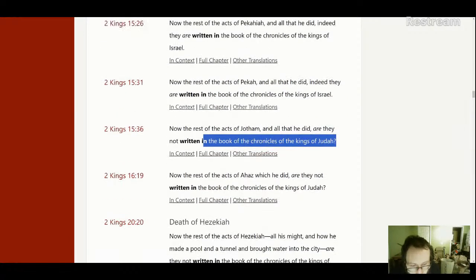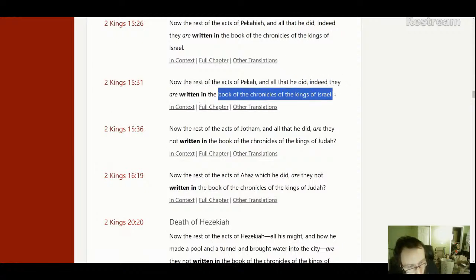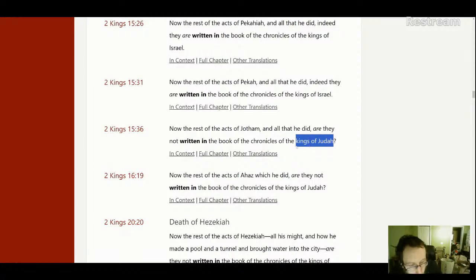But that leaves a question. If the book of the Chronicles of the Kings of Judah is 1st and 2nd Chronicles, and if the book of the Chronicles of the Kings of Israel and Judah is 1st and 2nd Kings, what is the book of the Chronicles of the Kings of Israel? I believe, based on this, that there was another book of Chronicles which was only about the Kings of Israel. Just like 1st and 2nd Chronicles gives more information about the Judah kings, we would have a book of Chronicles that gives more information about just the Israelite kings. And it would have been a longer